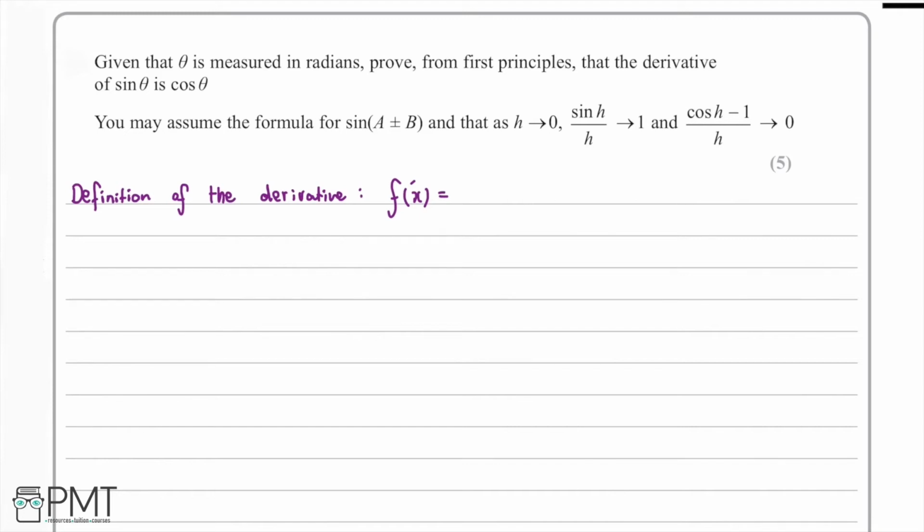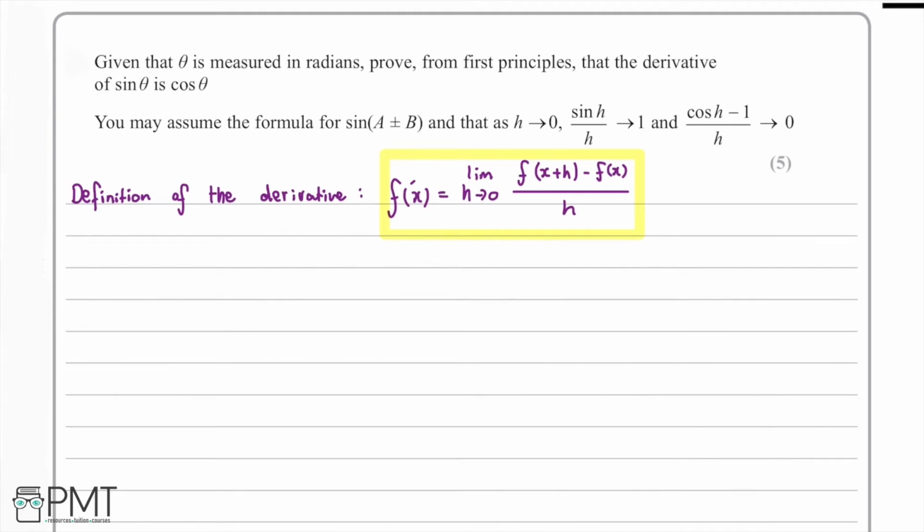So we know that the derivative f dash x is going to be equal to the limit as h goes towards 0 of f of x plus h minus f of x, and we divide this by h. So this is going to be very useful in this question, and this is known as the definition of the derivative. In our case, we're going to be dealing with theta rather than x, so we now need to think,